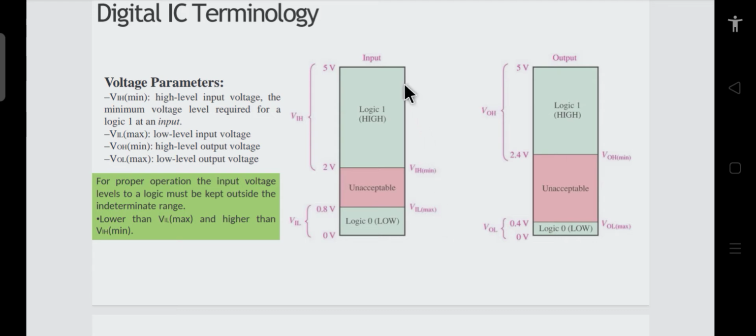Similarly, in a particular logic family, there is some voltage above which whatever voltage comes will be treated as logic high. If your voltage falls anywhere in this range, it will be treated as logic high on the input side, whereas if it falls in this other range, it will be defined as logic low. But if the voltage falls in the region in between, it is unacceptable, and it should transit to one of the regions.